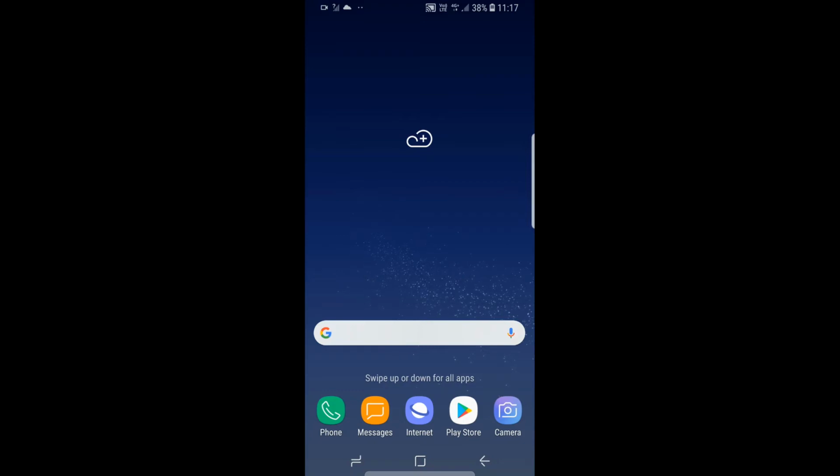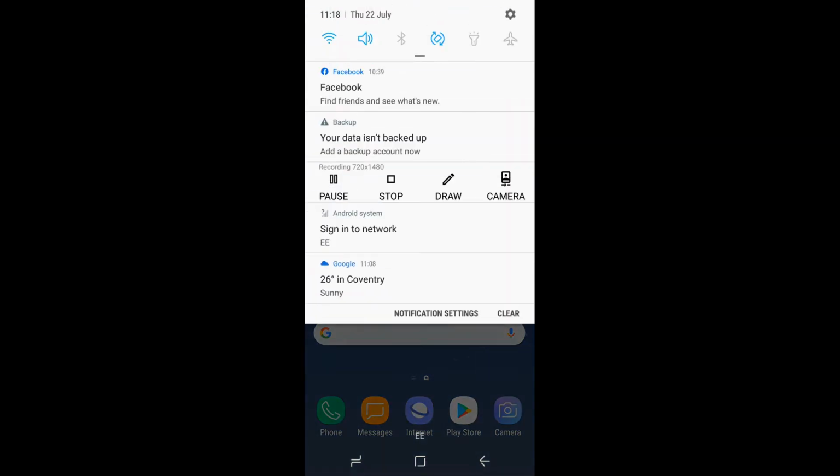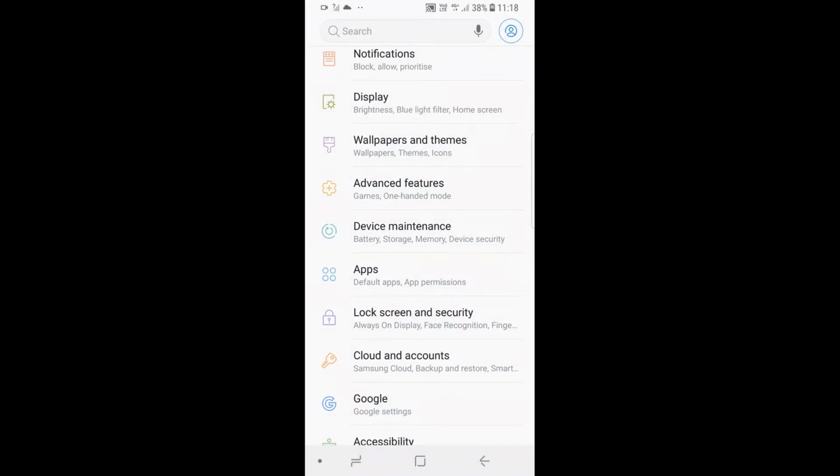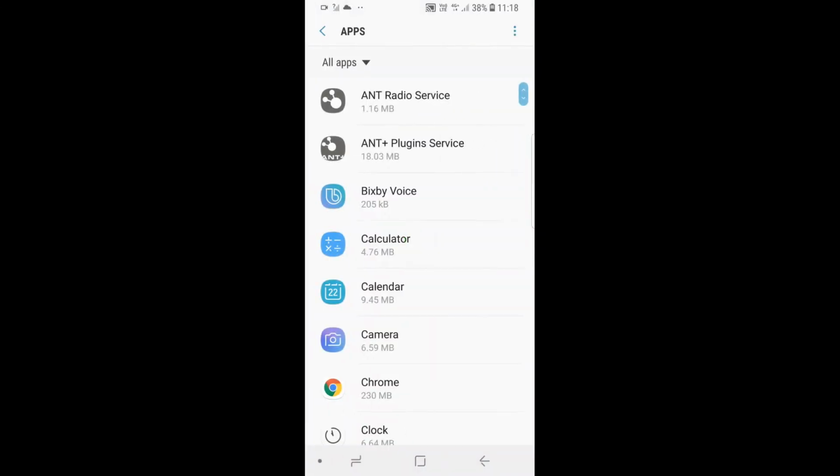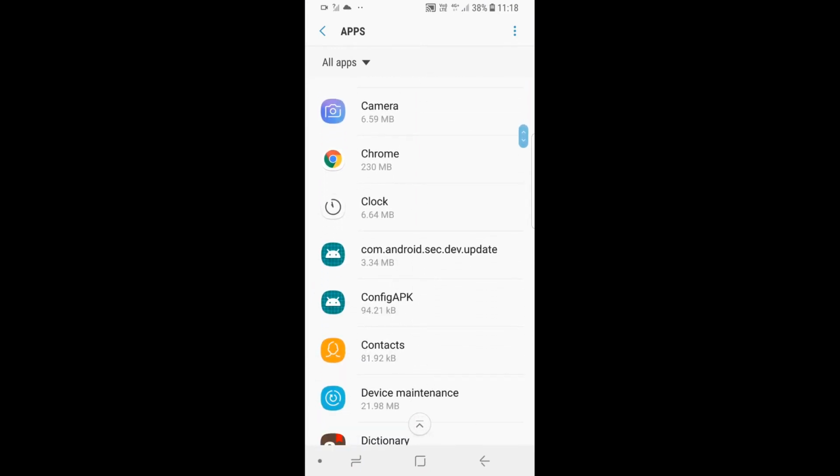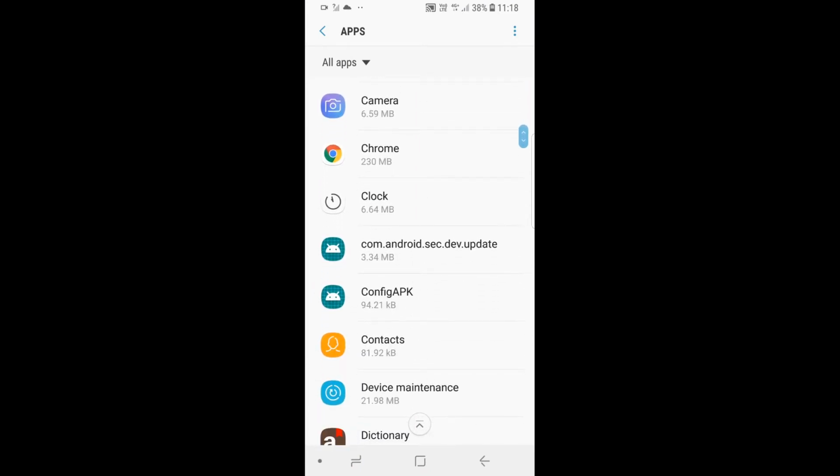So once the software is installed on the phone, you need to alter some of the battery settings to ensure that the phone doesn't stop the device from running. First thing to do, go into the main settings of the phone, so the cog in the top right corner. Go to apps, and then you need to find the app you just installed, which is com.android.sec.dev.updates. If you click on there,